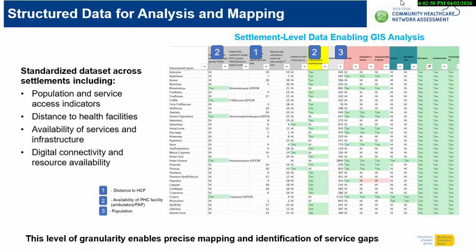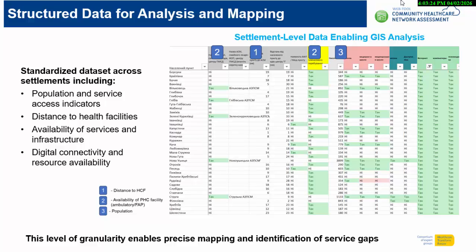On the next slide, before we move into mapping, next please, I would like to briefly show the level of data we are working with. You see that it is a standardized data set across settlements, including population and service access indicators, distance to health care facilities. The first two columns are ambulatories,